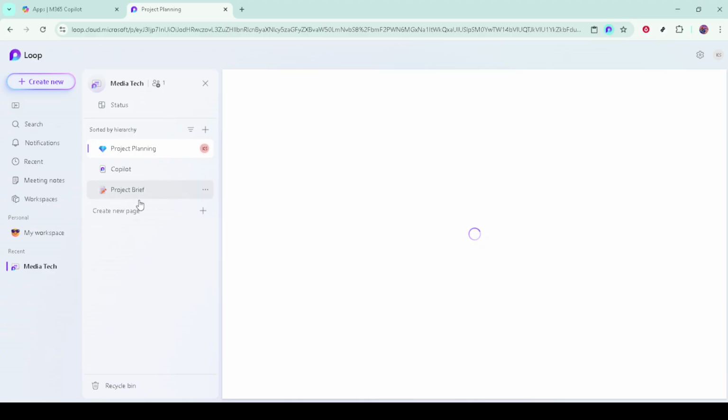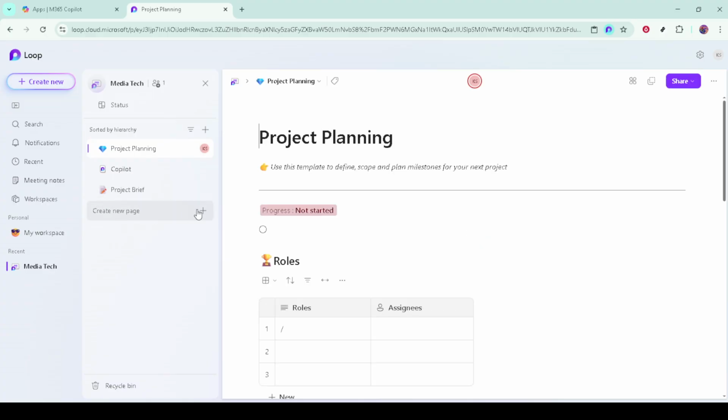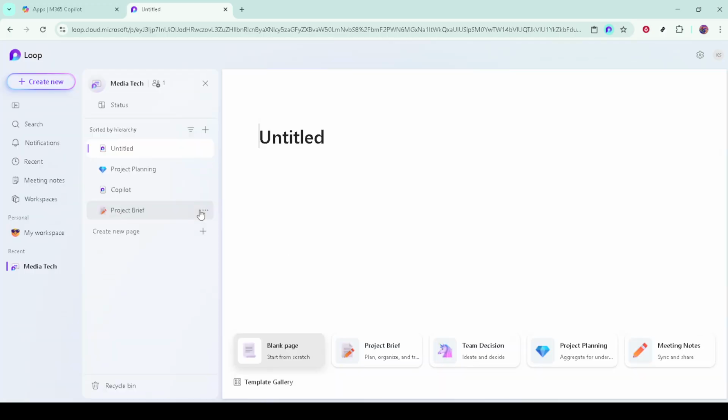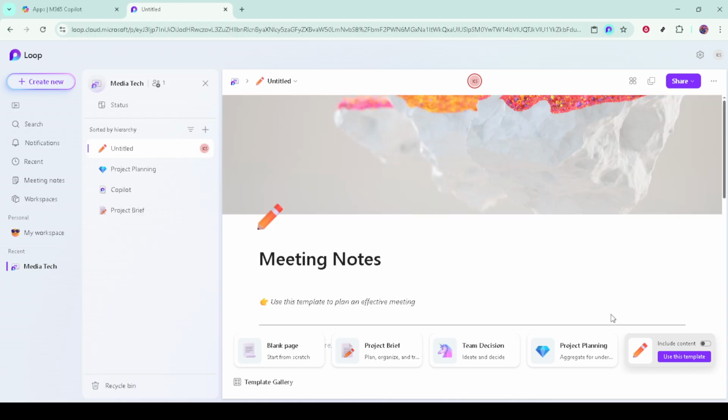from the start. Inside your workspace, create pages to structure your content. Pages are where the real work happens. Use one for objectives, another for meeting notes, and another for timelines or risks, whatever matches your project. You can add subpages to keep things tidy and drag sections around as plans evolve. Treat each page like a living document that grows with your project rather than a static file you finish and